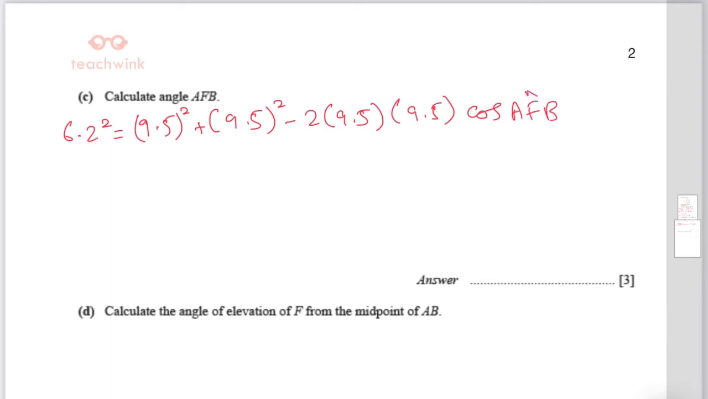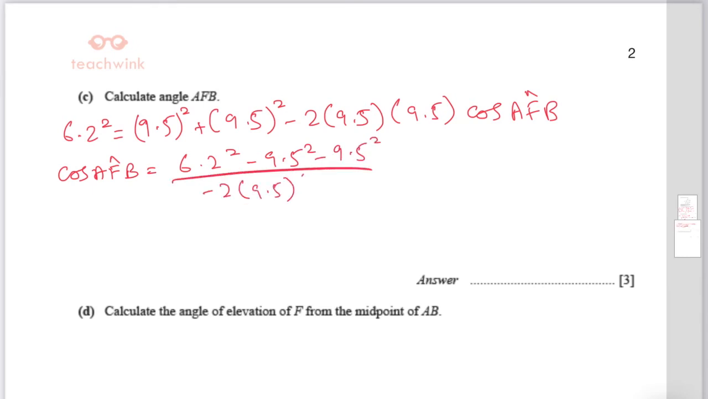So let's bring everything together and put cos AFB on one side of the equation. So cos AFB is equal to 6.2 squared minus 9.5 squared minus 9.5 squared divided by negative 2 times 9.5 times 9.5. So cos AFB, okay, let's plug these into the calculator. The ratio comes out to be